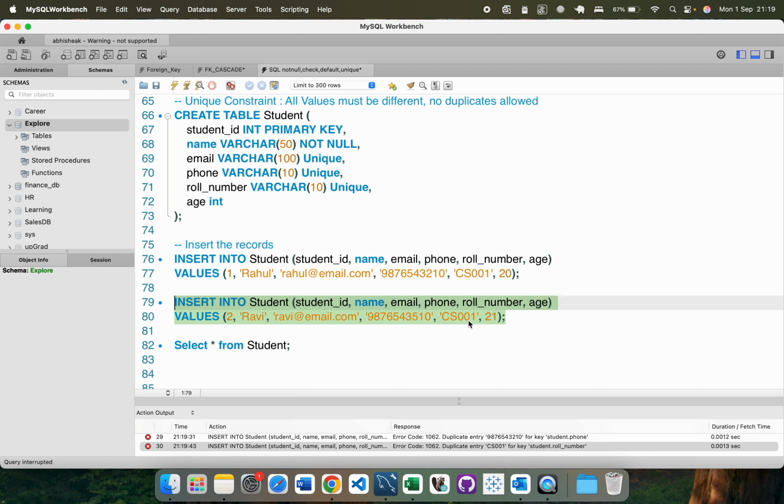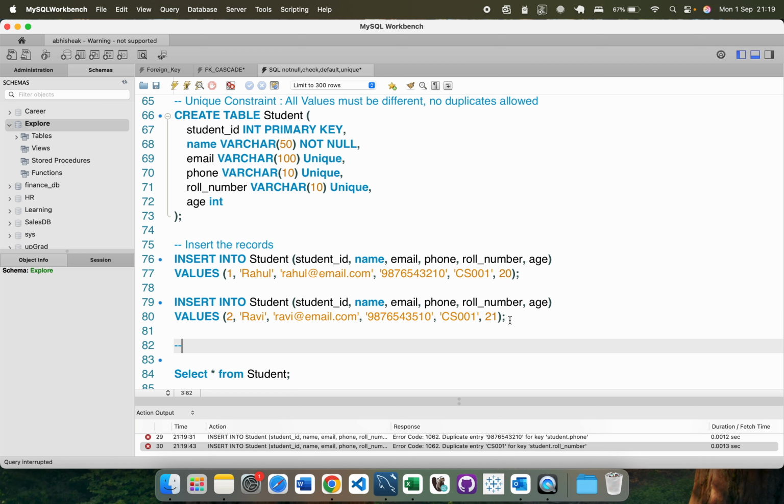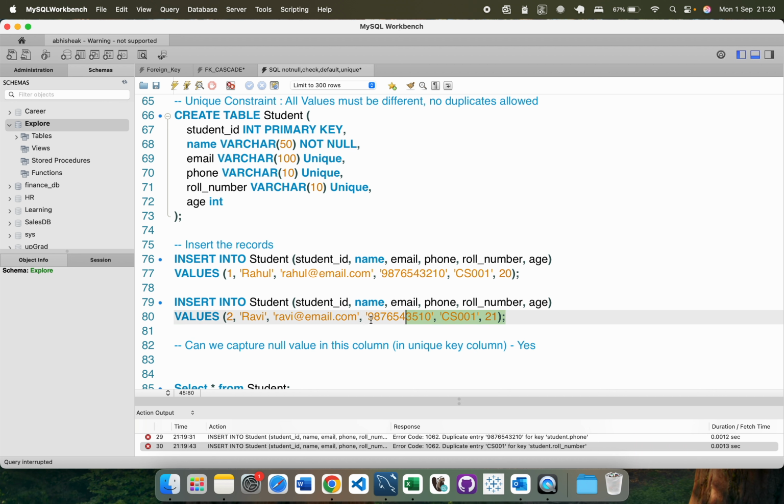Interesting. So guys, now you tell me, can we capture a null value in this column? In this column means in the unique key column. Can we capture? Answer is yes, we can capture. Okay, so simple. Let me